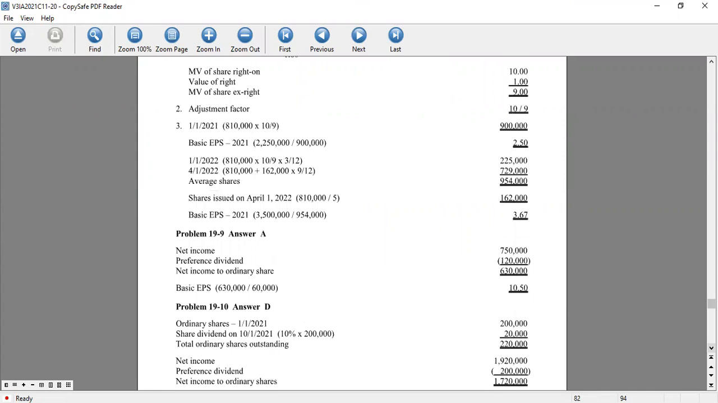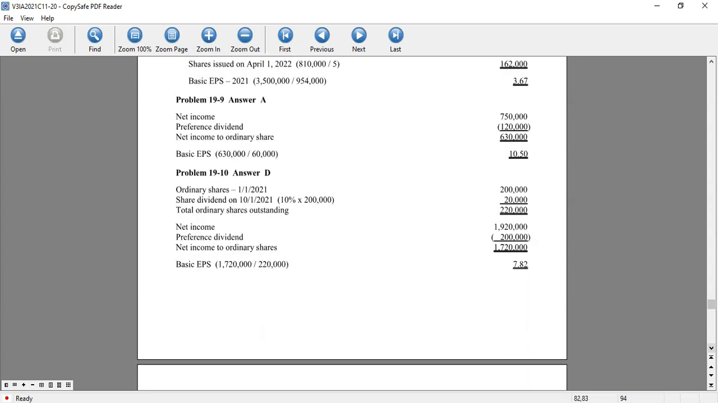So for the net income of 750,000, then we deduct the preference dividend of 120,000 given in the problem, giving net income to ordinary share. So the basic EPS is 630,000 divided by the outstanding ordinary shares, giving us the basic EPS of 10.50, letter A. Next,